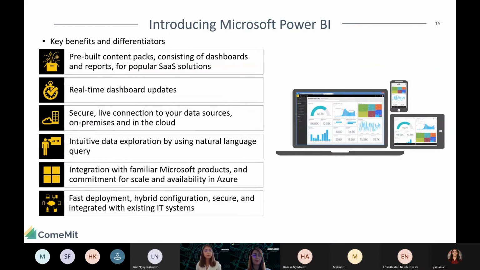There are some pre-built content packs consisting of dashboards and reports for popular software-as-a-service solutions. These are mostly used for enterprise companies, so to say, like Dynamics. Microsoft Dynamics is an ERP solution, which is connecting directly with Power BI, and it's a pre-built content pack. You don't need to do anything.